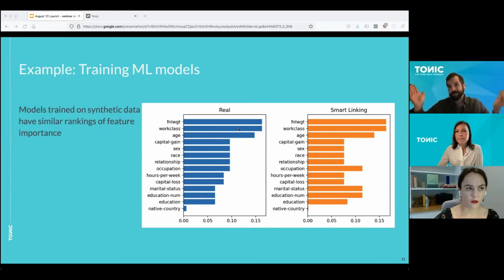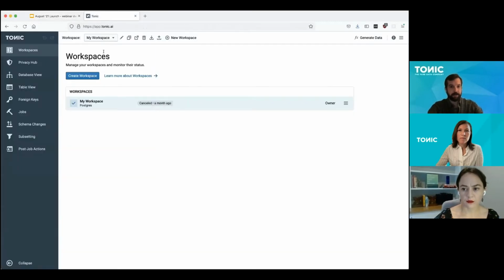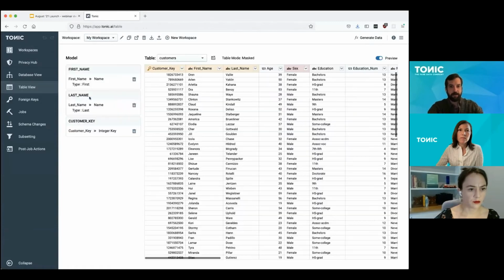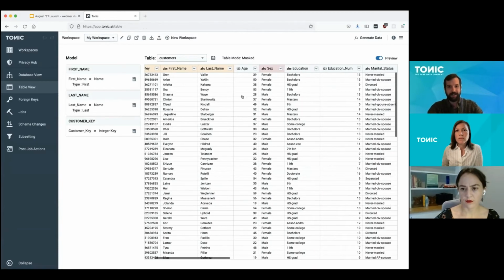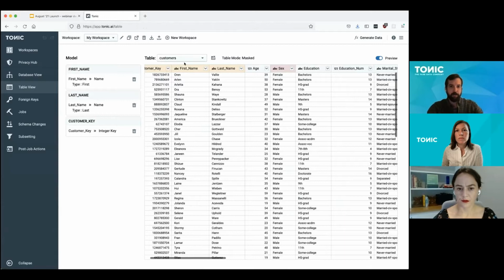You train a synthetic model, you can debug on smart linking data. And so what's great about this tool is it integrates naturally with your existing Tonic workflows. Now, I'll show you how that looks, for example, with this table. Here we have our customers table, which actually looks very similar to the UCI adult data set. In this table, we already have protected a few of these columns with name columns and